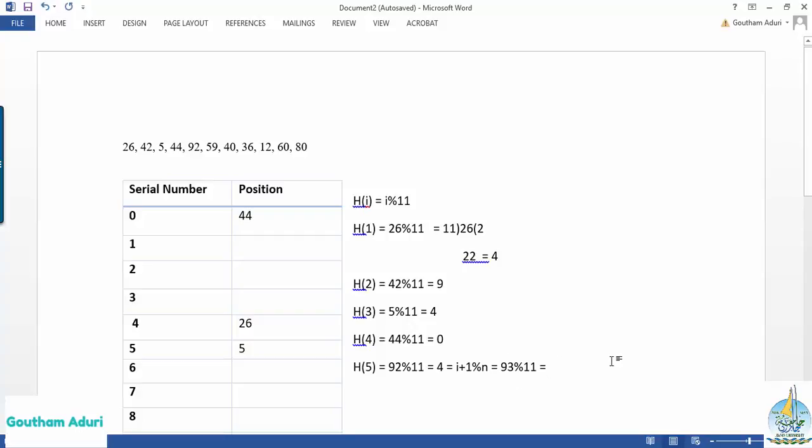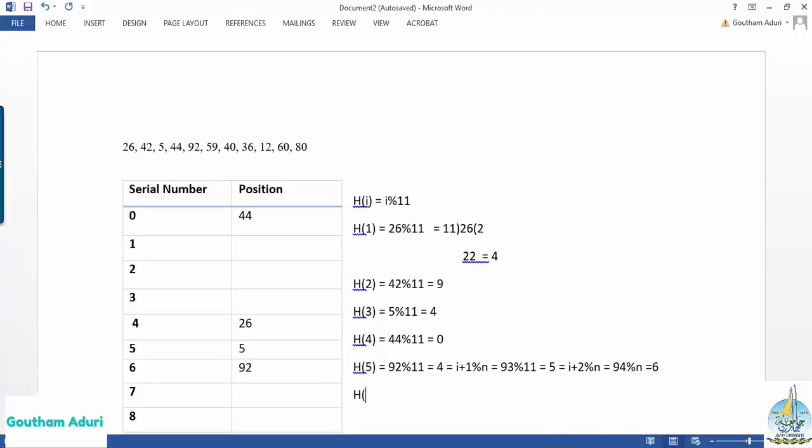Then I'm going to get 5, which is also there. Now I'm going to put I plus 2 mod n, so it's 94 mod n, so it's 94 minus 88, it's 6. So in the sixth position the 92 is going to come, and then the next number is H